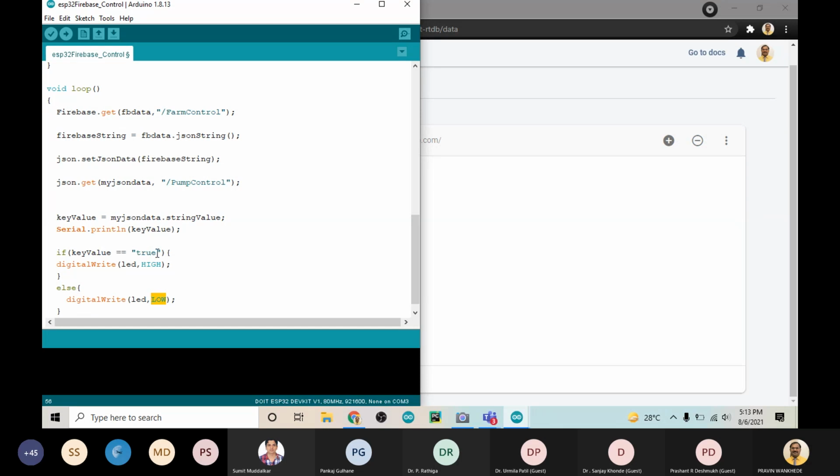It is not necessary that you write only true or false. You can write 1 or 2, you can write 10 or 20, anything you can write. But you have to put that in your Firebase database itself, and the same information must also be sent from your app. Everywhere you have to change the same thing. If you want to do this for 1 and 2, your app should send 1 and 2, your Firebase database should receive 1 and 2, and your controller should read the 1 and 2, and you should compare the 1 and 2 only. So in this way we have to write the code for this.